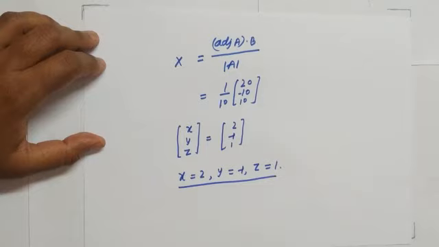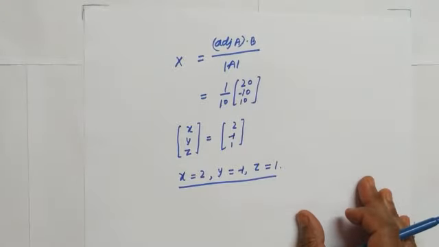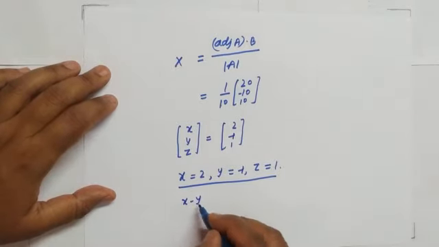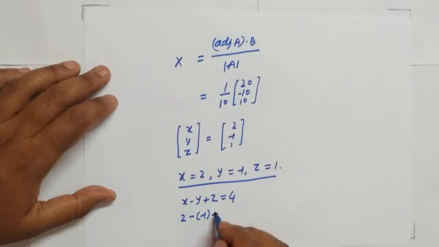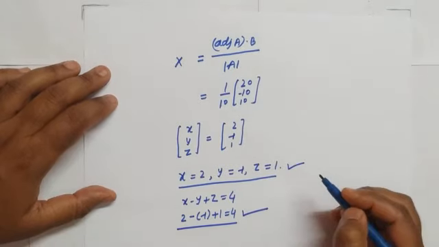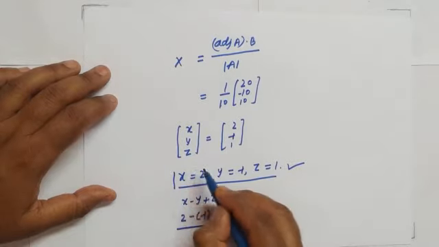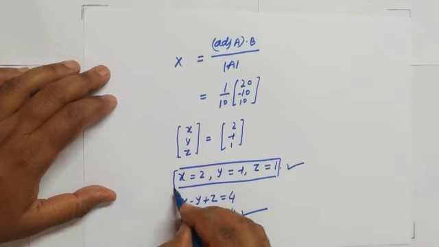In this type of problem, it is very easy to confirm whether your answer is correct or not. You can check by putting values in the given equations. For example, the first equation was x minus y plus z is equal to 4. Now we put 2 minus 1 plus 1, you will get 4. It means your answer was correct, because in equations second and third, these values are also satisfied. So it is very obvious that your answer is correct because it is satisfied by all equations, right?